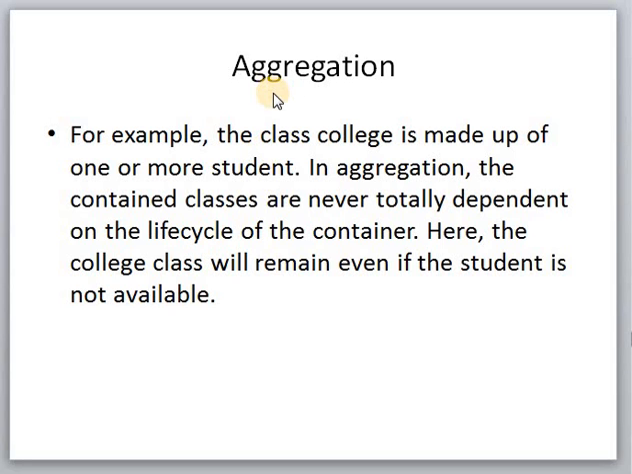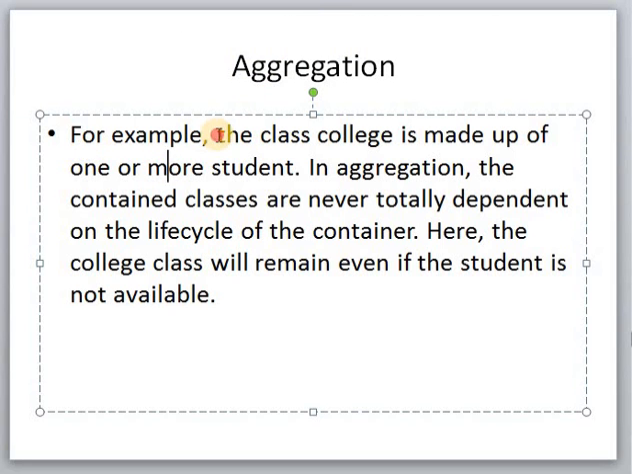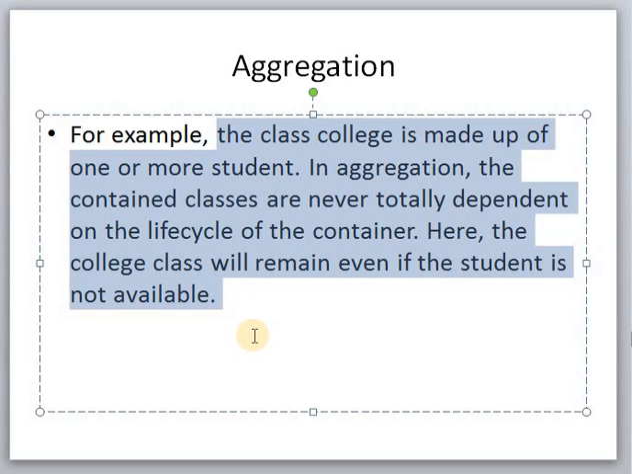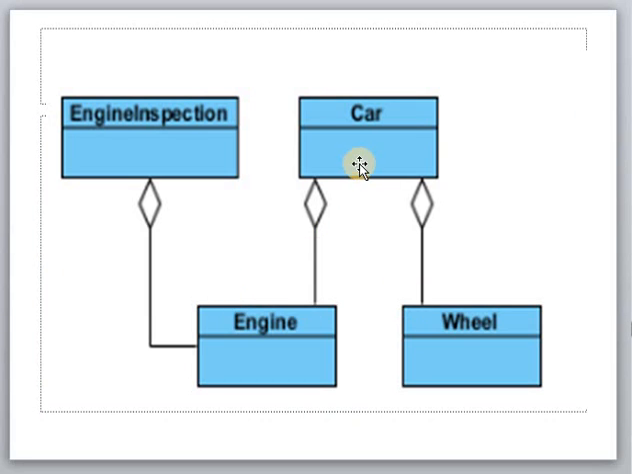For example, in the aggregation relationship, the class college is made up of one or more students. In aggregation, the contained classes are never totally dependent on the life cycle of the container. Here, the college class will remain even if student is not available. So, in aggregation relationship, the part side of this particular relationship is not fully dependent on